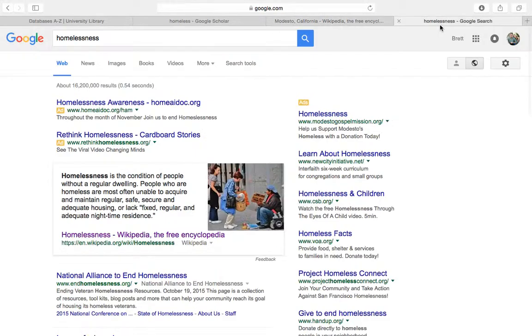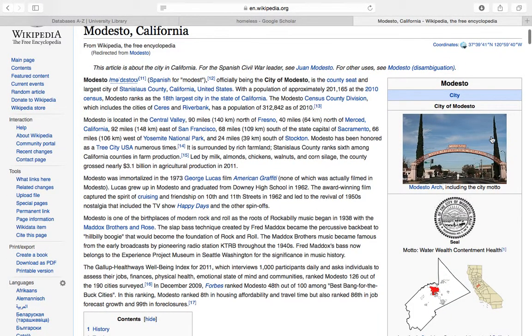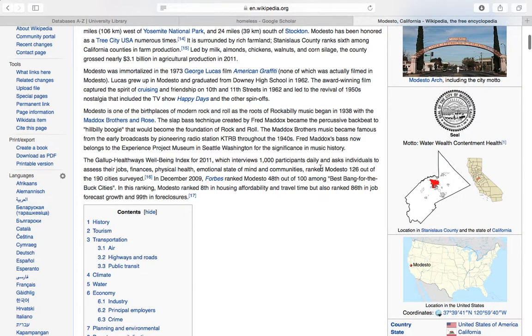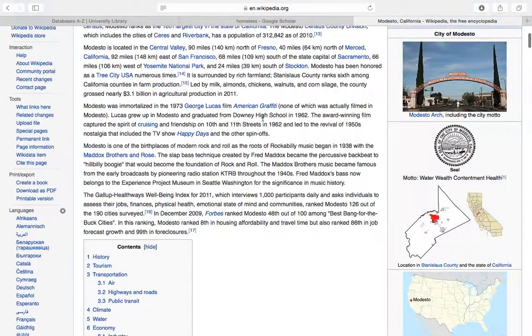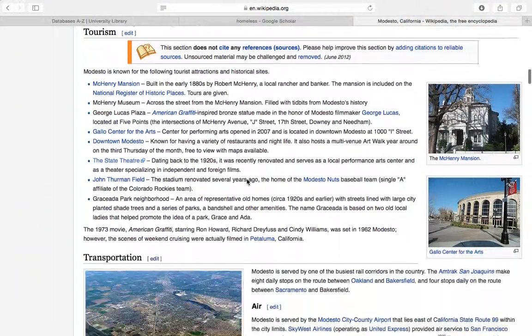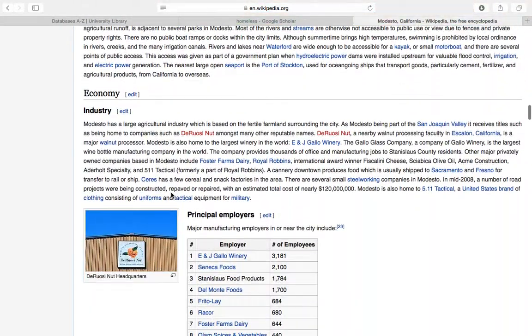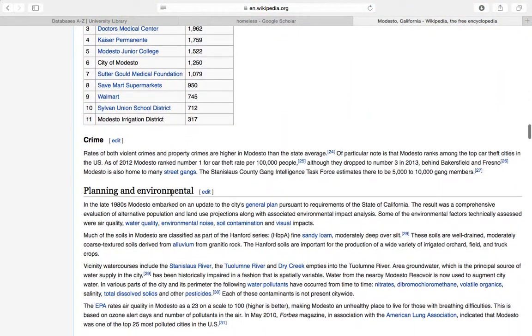Now, going back to Wikipedia, a few students asked me about Wikipedia yesterday. Again, it's the same thing I mentioned with Google. It's a good starting point. So when I'm talking about the history of Modesto, this is a great spot to start. Okay, you got the Modesto Arch, shows a map of Stanislaus County, talks about George Lucas, American Graffiti, Yosemite National Park, the proximity to Sacramento, Stockton, San Francisco, tourism, what we have here, McHenry Mansion, right? This is all interesting information, but I wouldn't use it in my paper. I wouldn't cite this, but I